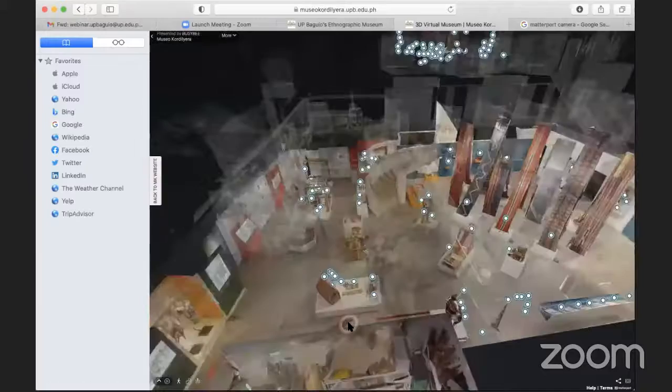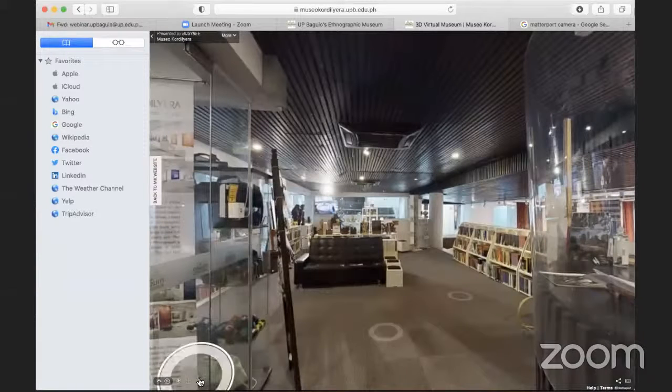Can you actually see inside? So, kung saan ako pumupunta. Anyway, so